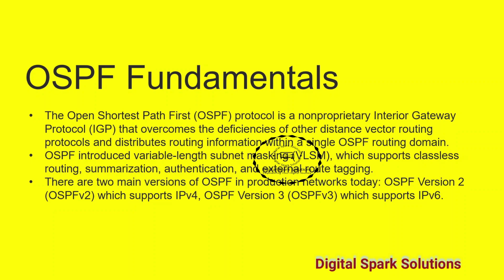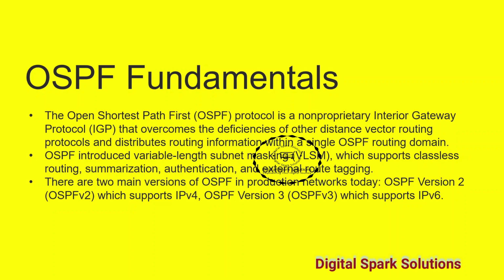The Open Shortest Path First protocol is a non-proprietary interior gateway protocol. We have two types of protocols, IGPs and EGPs. EGPs are exterior gateway protocols, and in that category we have BGP, and for IGPs we have EIGRP, OSPF, IS-IS, and RIP protocols. Okay,